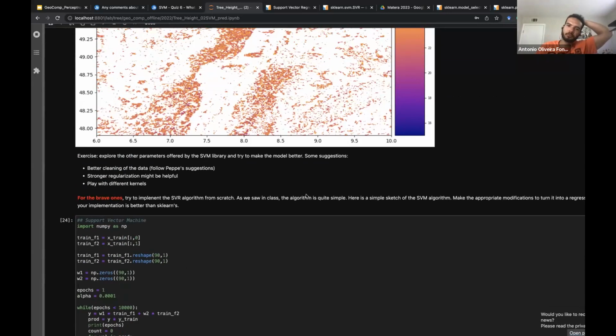Right. Yeah. So now to the part of assignments, right? Things that I would like you guys to play with. So for example, we have discussed a couple of options. Some of them we even already played with in this tutorial here. But for example, we talked about perhaps a stronger regularization, right? So, for example,